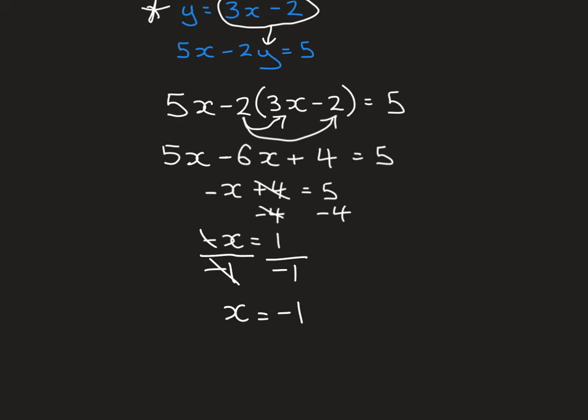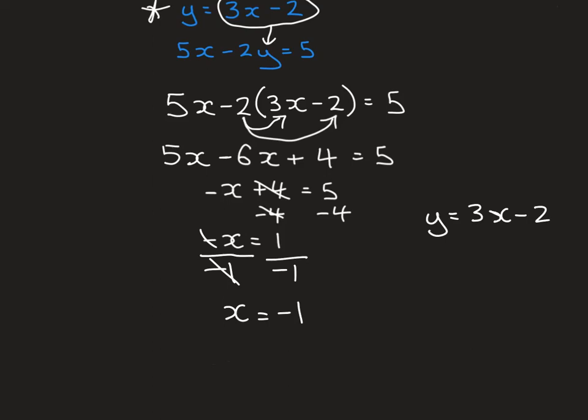Now remember this is the x coordinate of the point where those two lines intersect. So now what we need to do is find the y coordinate. We can do this by putting this value for x back into our first equation. So our first equation was y equals 3x